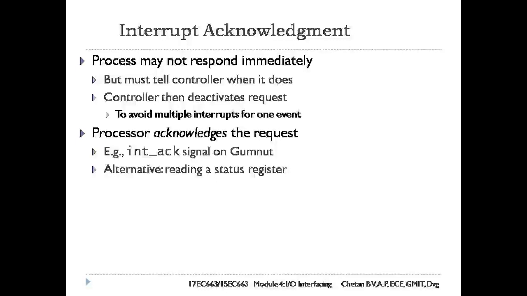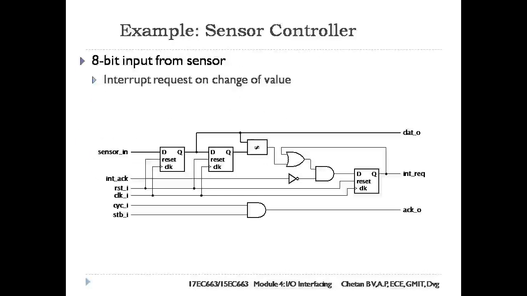It has an output signal int_ACK that it drives to 1 for one cycle when it responds to an interrupt request. Here we have an example. We have to design an input controller that has 8-bit binary coded input from a sensor. The value can be read from an 8-bit input register. The controller should interrupt the embedded GovNet core when the input value changes. The controller is the only interrupt source in the system.